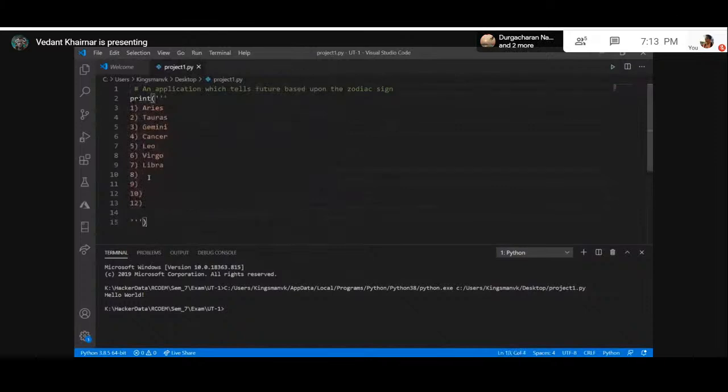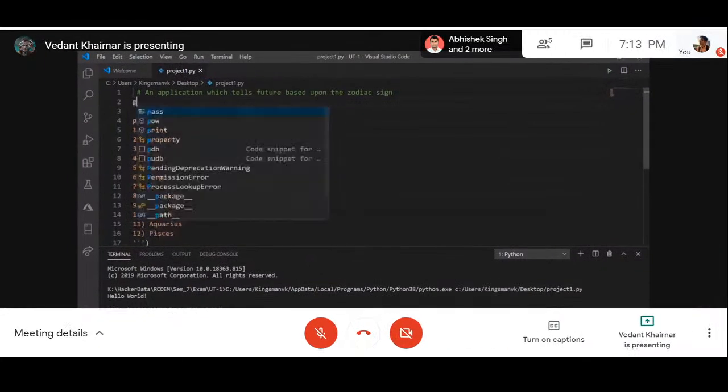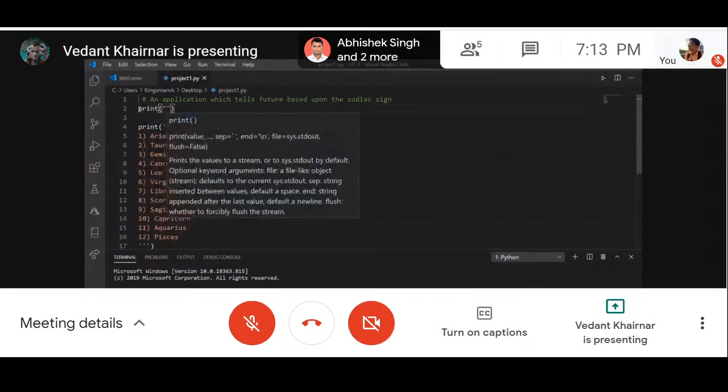Yeah, yeah. So normally, if I say that I have to print something, we write print normally, the double inverted commas, and